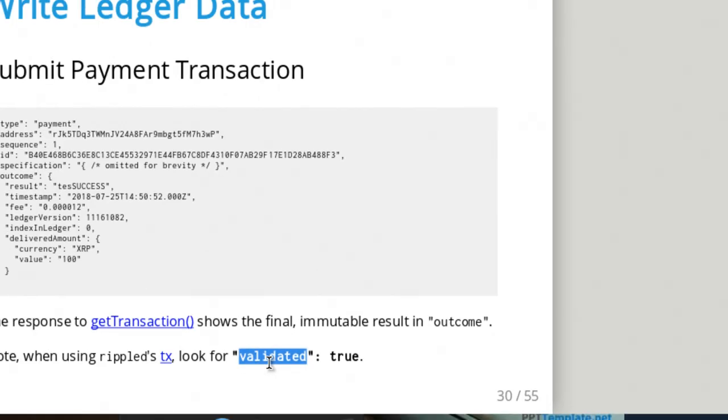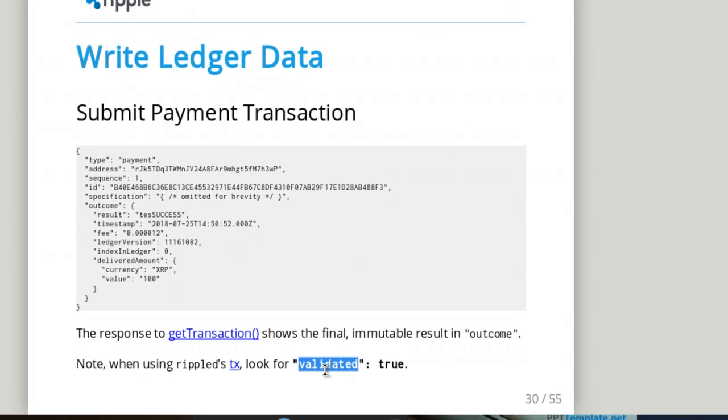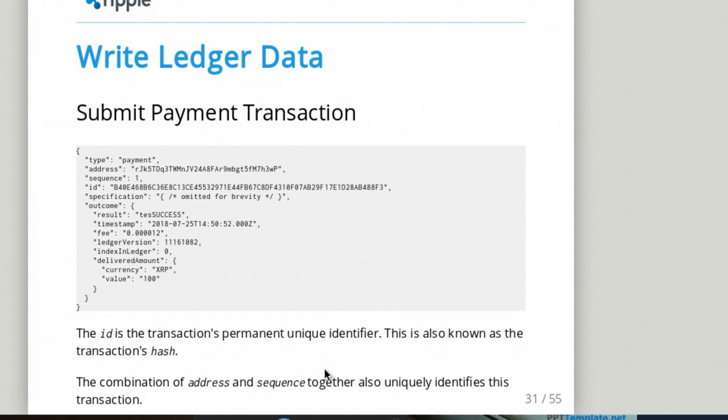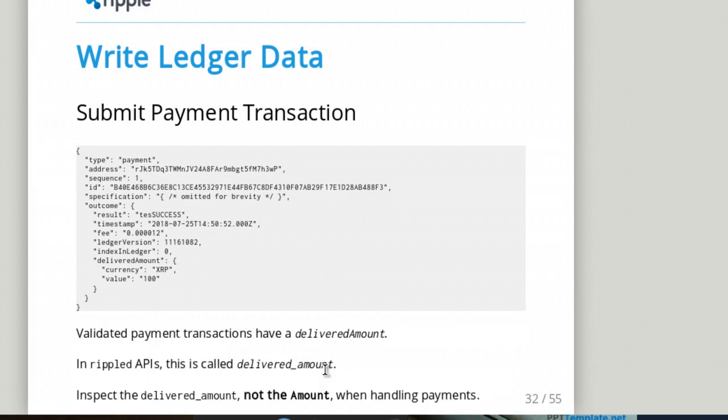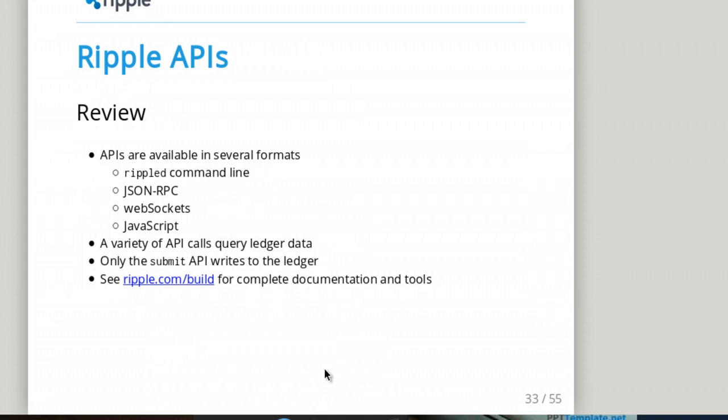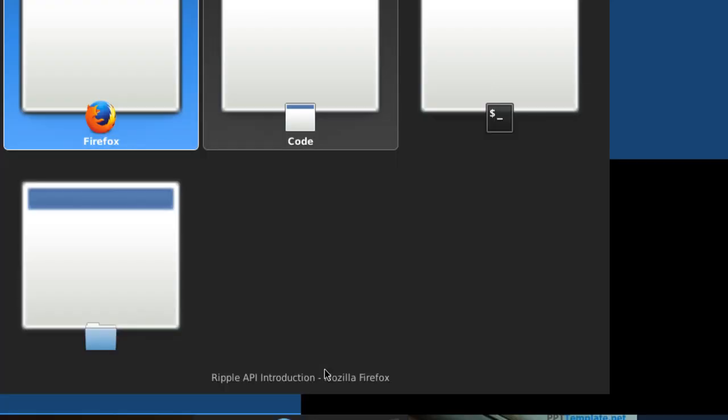If it says validated equals true, then only you can say that your transaction is completed successfully. So this is how we are going to do the transaction. Okay, so let's go back to our code.